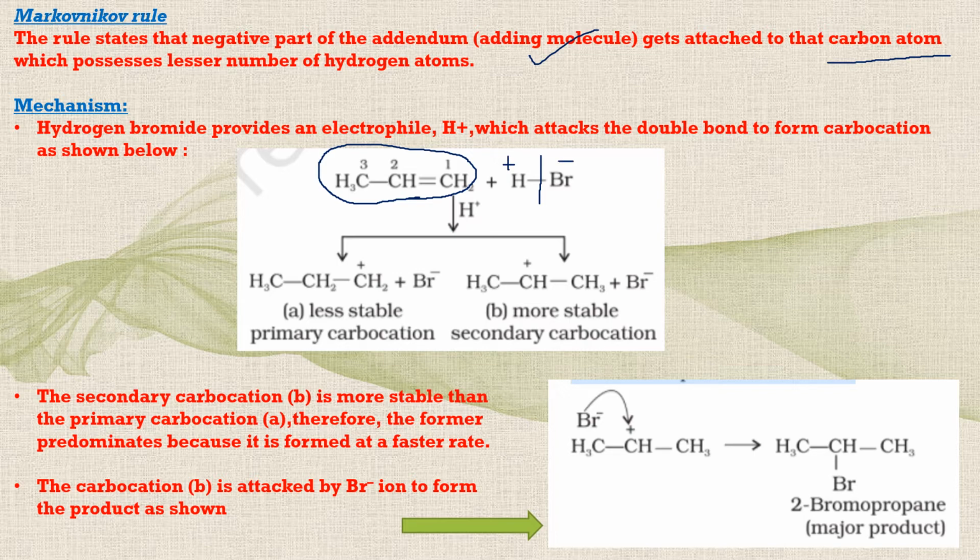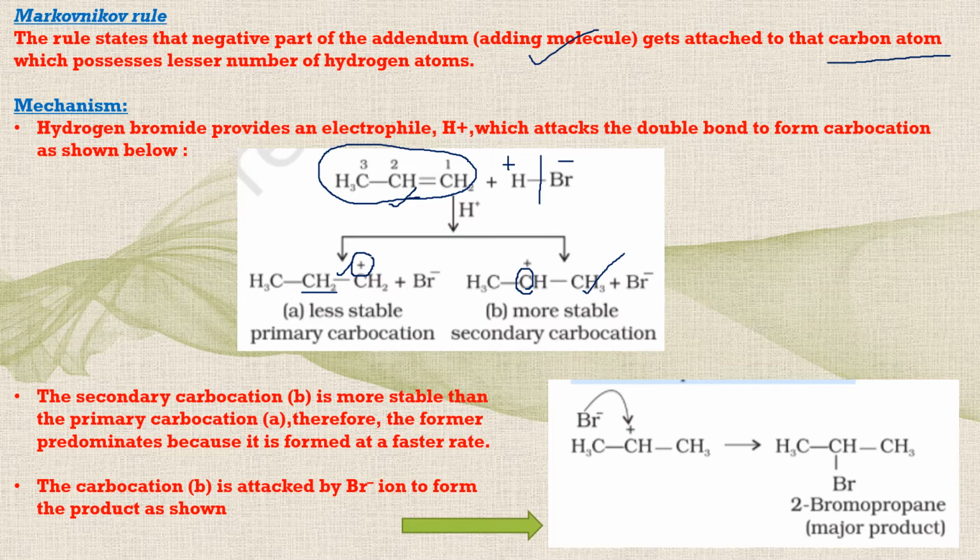When it is getting attached here, there are two possibilities. I can attach H here to this carbon. So I'll get CH2. This converts to a single bond because we have used the pi electrons here to make bond with H plus, which was without even a single electron. And in the process, the adjacent carbon gets a positive charge. Same way, I can show the attachment of H plus on this carbon. If it is attaching here, the positive charge will come on this carbon, which was involved in a double bond with the terminal 1.